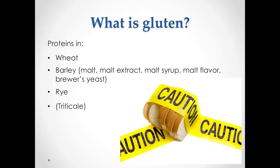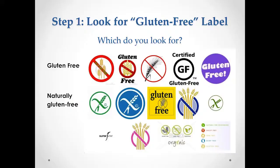Did you see that Jimmy Kimmel bit asking people in Los Angeles what gluten is? They couldn't answer it. Essentially, it's the proteins, especially for those of us with celiac disease, that are in wheat, barley, and rye, and triticale. Have you ever seen triticale in your life? No, neither have I. These are the words that you need to look for in barley,